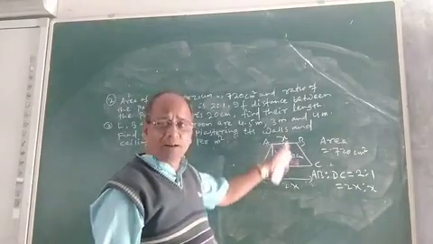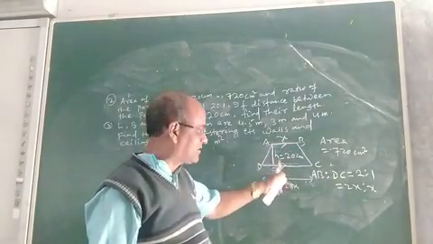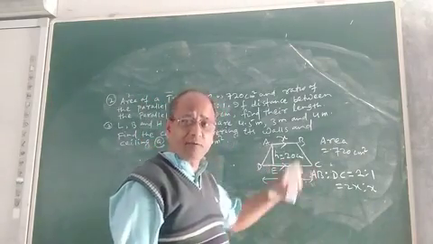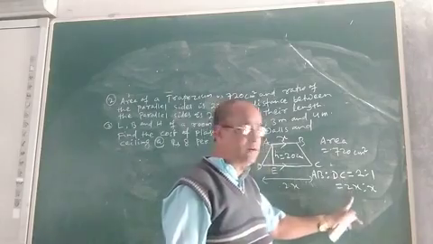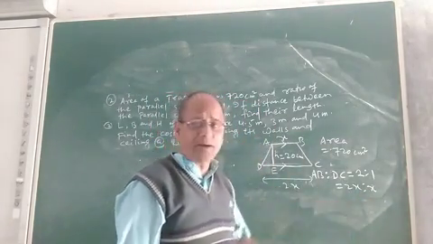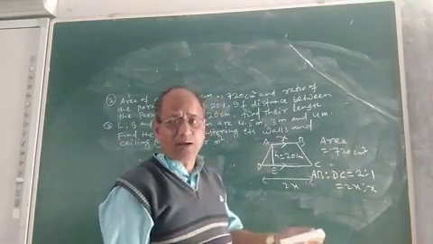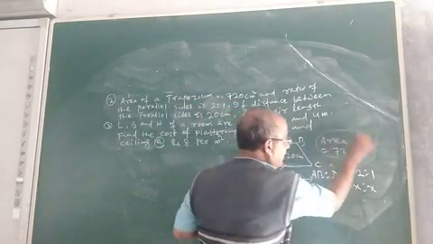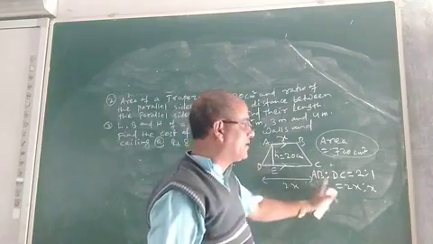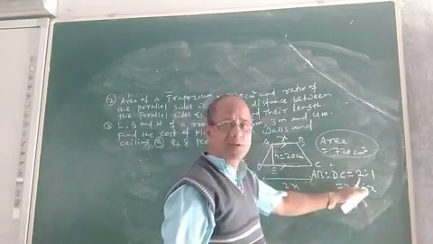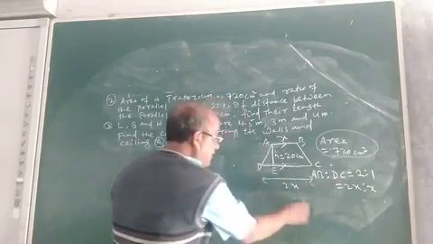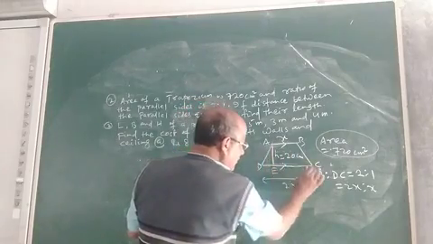So in order to find the length of these two parallel sides, children, see what we have to do. We have to find the value of x. Because if x can be found, then only we will get x and 2x, the lengths of the two parallel sides. Now the point is how to get x. What is given? We are given area 720 square centimeter, and the ratio of the two parallel sides 2:1, that is 2x:x. That means AB equals x, DC equals 2x.